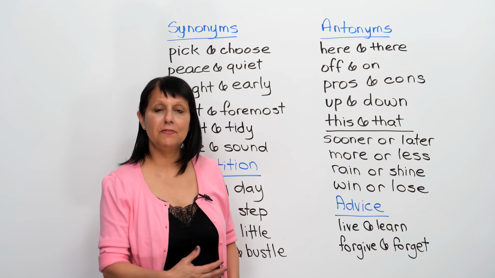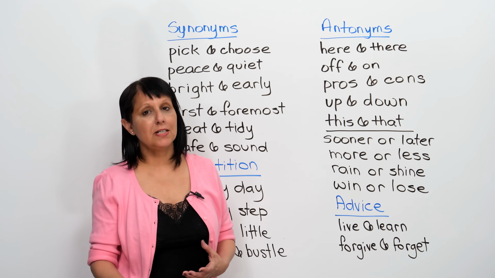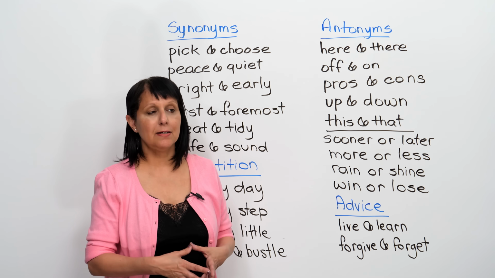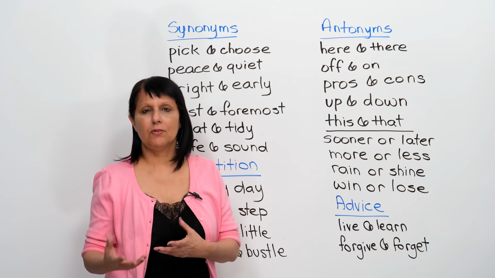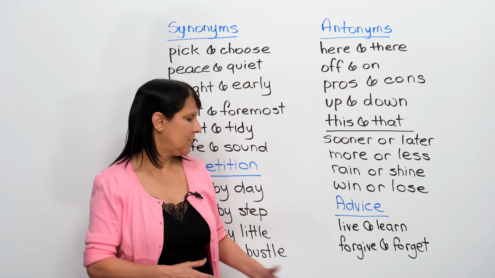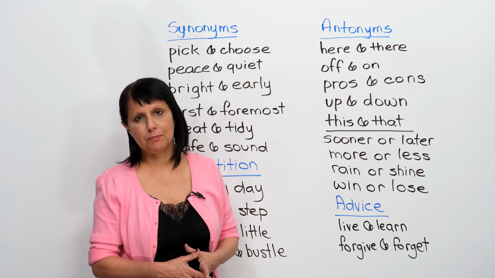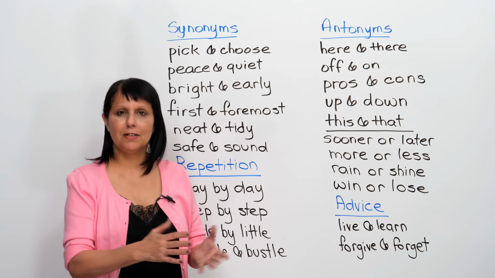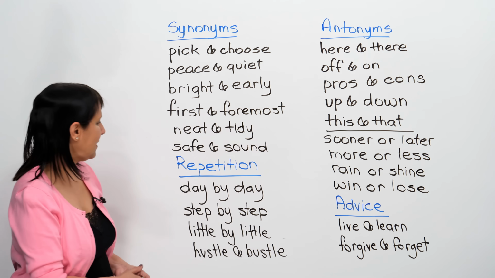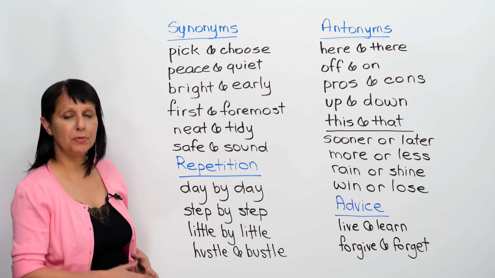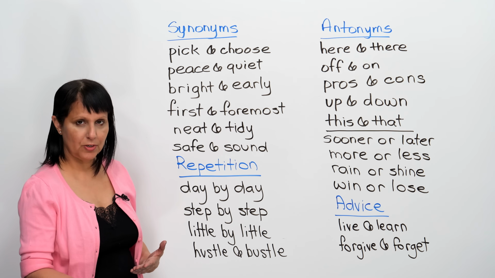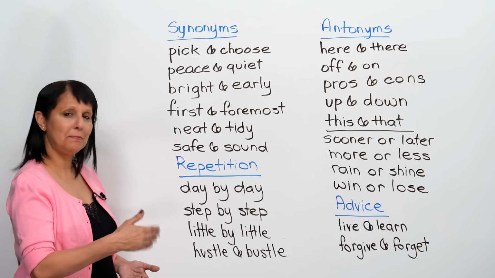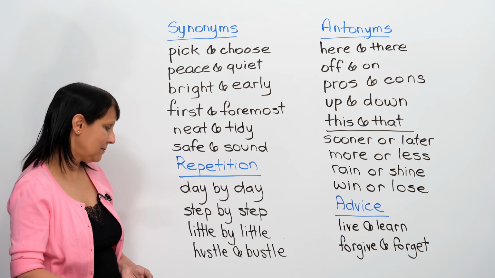The other one, forgive and forget. Okay. If you're discussing relationships, if they ask you to talk about relationships in one of your exams, about family relationships or couples and things like that, you can say in a relationship, it's very important to forgive and forget, to forgive someone and to forget about the bad things that happen. Okay? A number of binomials also repeat. For example, day by day, your English is improving. Step by step, little by little.